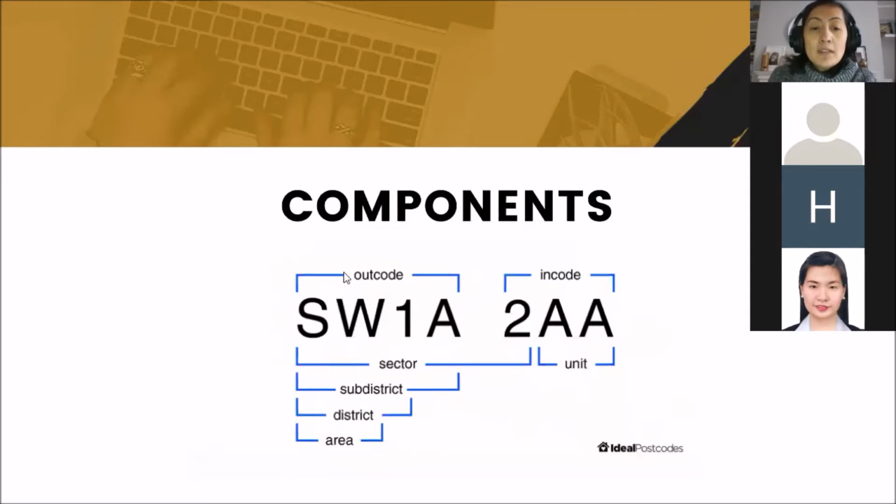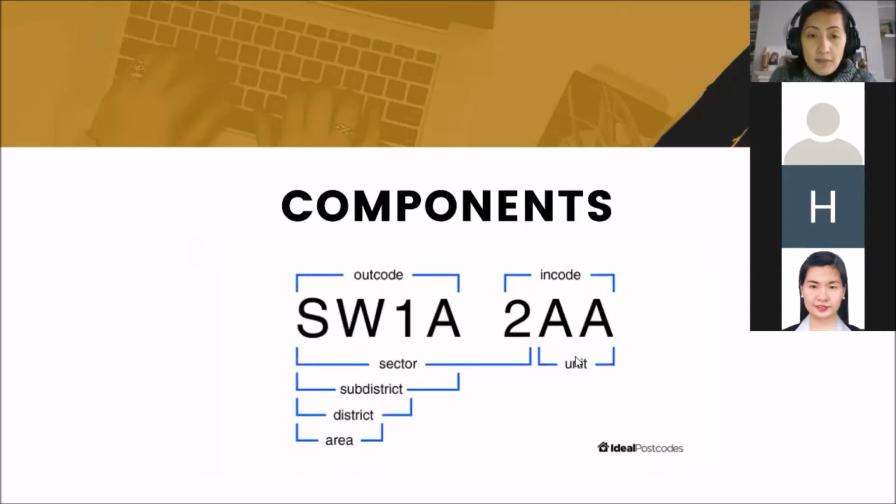Okay, so the out code tells you the general location of that postcode. So if your landlord is investing in, for example, a small borough in a big city, he might say, okay, please can you invest in, let's use this as an example, SW1A. Okay, he may not need to give you the in code because the in code is the focus or